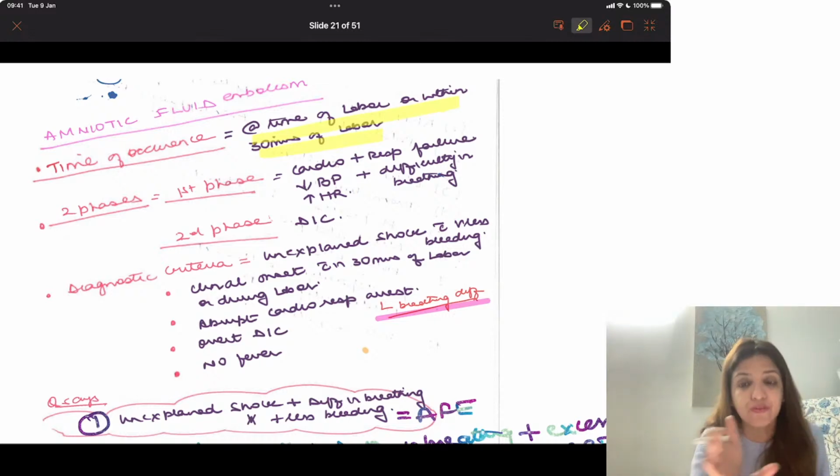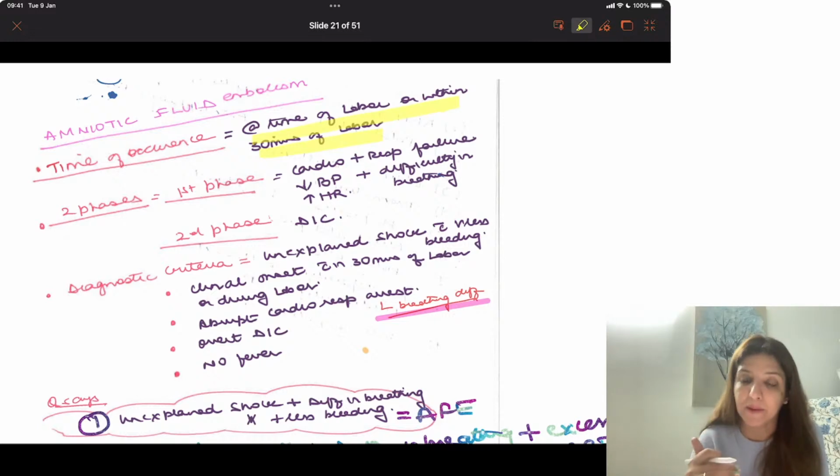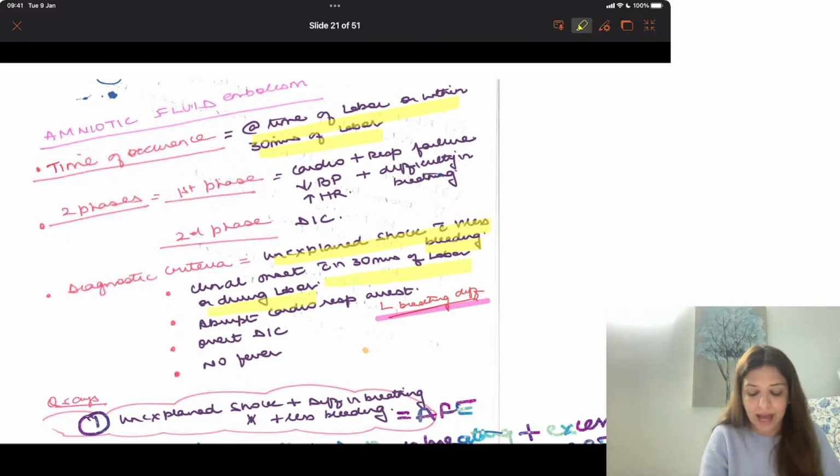If the patient survives the first phase, then comes the second phase, and in the second phase DIC happens, because of which there is going to be excessive bleeding. The diagnostic criteria for amniotic fluid embolism, which has been given in Williams, you should know. So there is unexplained shock with very little bleeding in amniotic fluid embolism. Clinical onset is going to happen within 30 minutes of labor or during labor. There is an abrupt